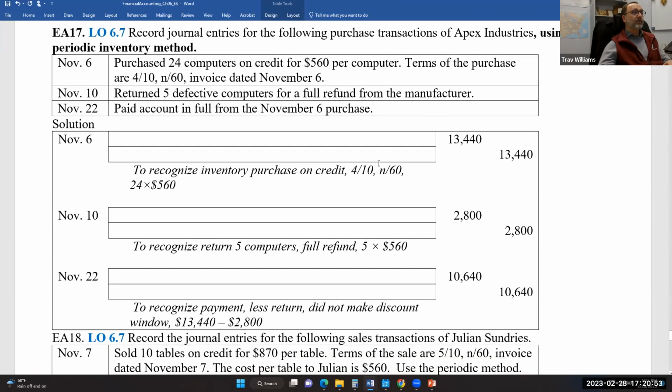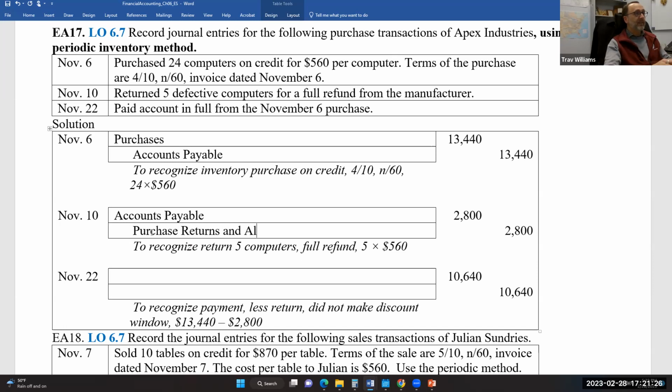Again, we're still using periodic. So here we bought some computers. That's going to be a debit to purchases. We did not pay, so that's going to be a credit to accounts payable. Then we returned 5 of them. So that's going to be a debit to accounts payable, a credit to purchase